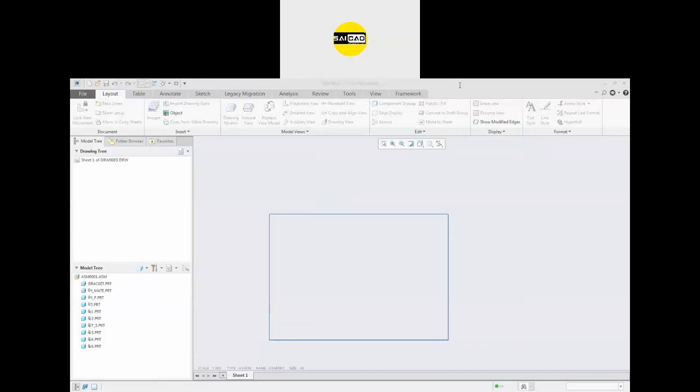Okay, when I open this one, my screen sheets are being open in the different window. Okay, I'm not able to move that.